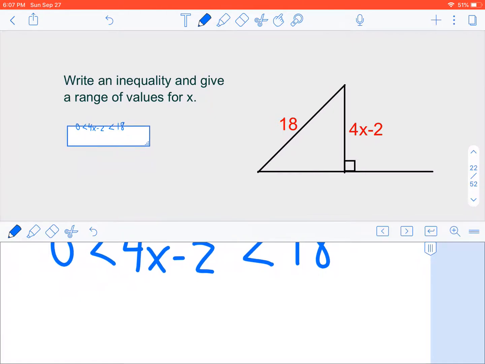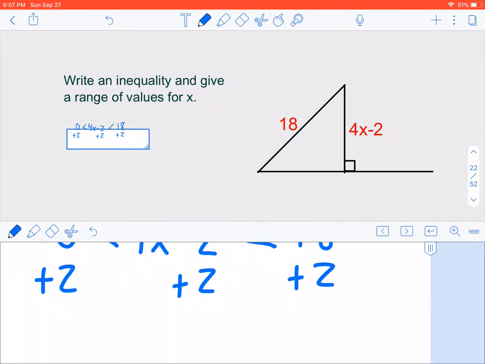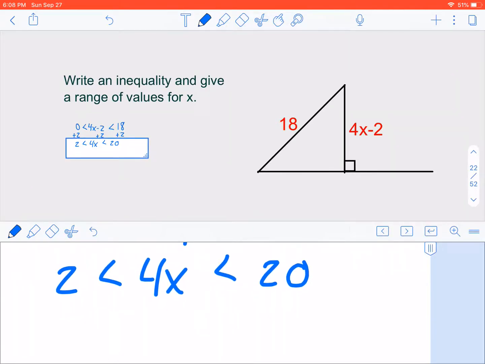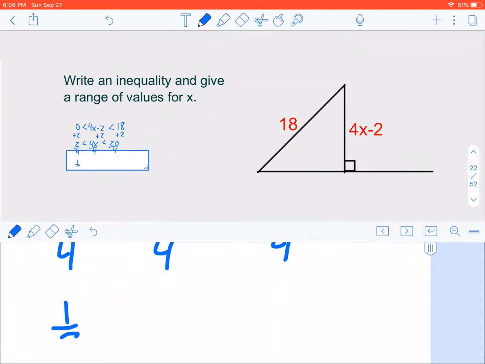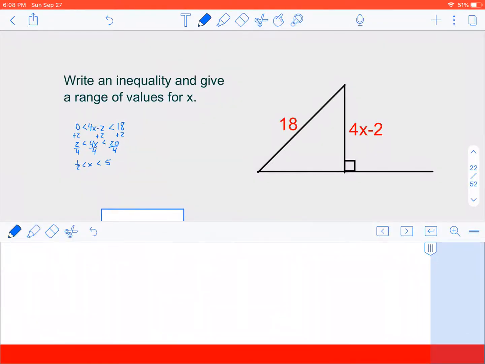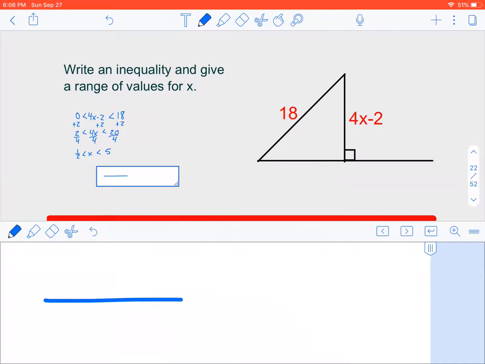So here, if you remember back from algebra, how we solve this, whenever you solve, you guys always got to look to add or subtract first. So we add 2. Instead of to both sides, we actually do it to everything here. So we go 2 is less than 4x, which is less than 20. Now what's happening to x? X is being multiplied. What's the opposite of multiplying? Dividing. So we divide both sides by 4. In this case, divide everything here by 4. So I get 1/2 is less than x, less than 5. So in other words, the range of values for x has to be between 1/2 and 5. So if I were to graph that,